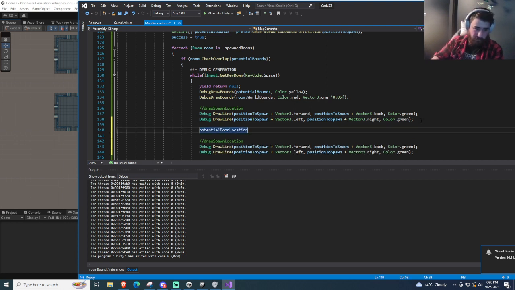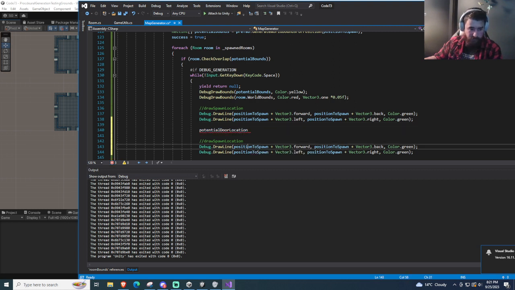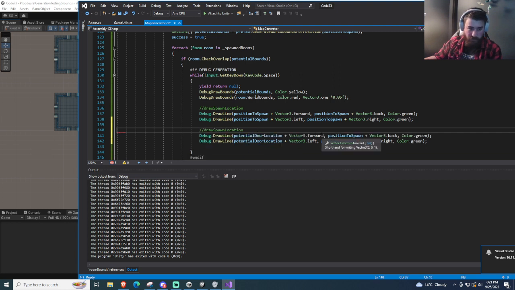I'm also going to draw that. What do I do? So I'm going to do this first. I'm also going to make it green because these two are related, but instead of doing